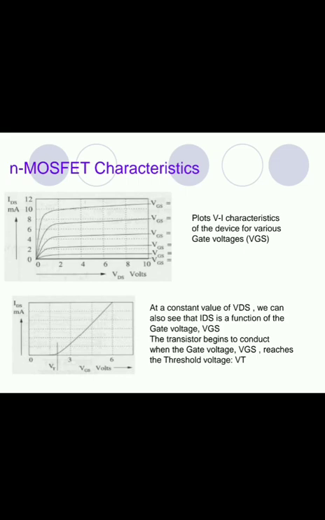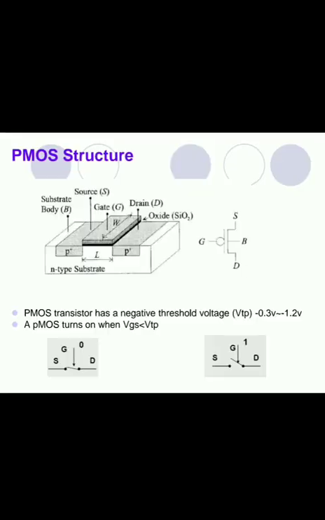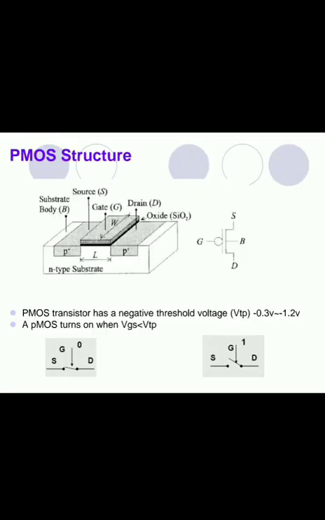So you can see on the first diagram when we are drawing the VI characteristics for various VGS, how you will get it. If we are increasing the value of VGS, the value of drain current will increase with respect to VDS. So we have seen all these things for the NMOS. Now you can see for the PMOS.